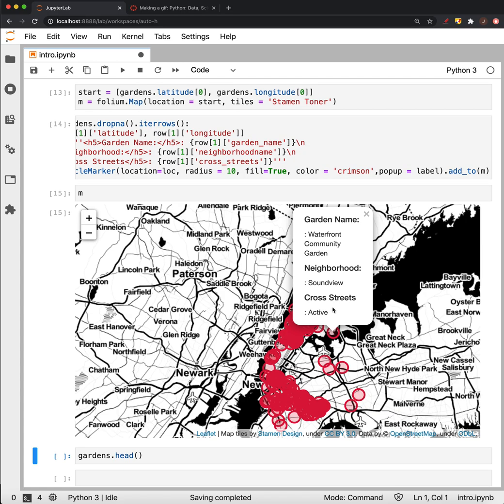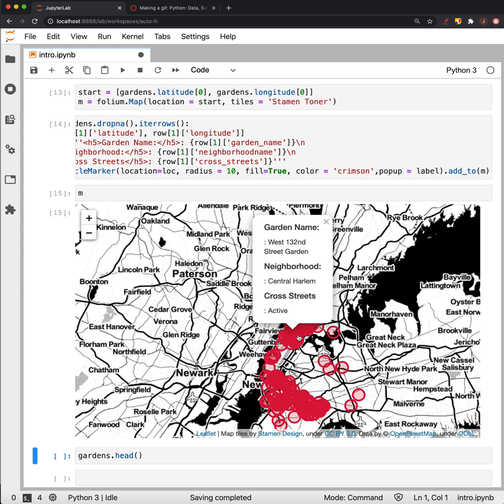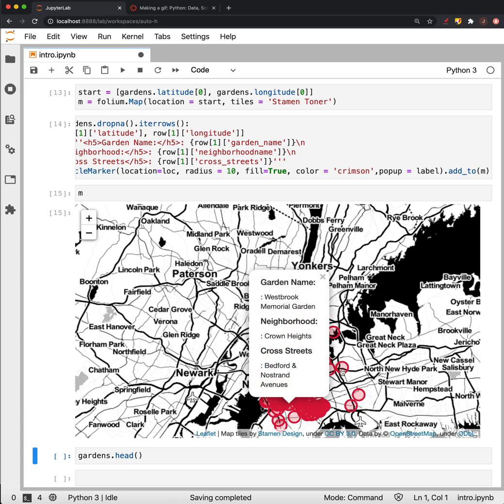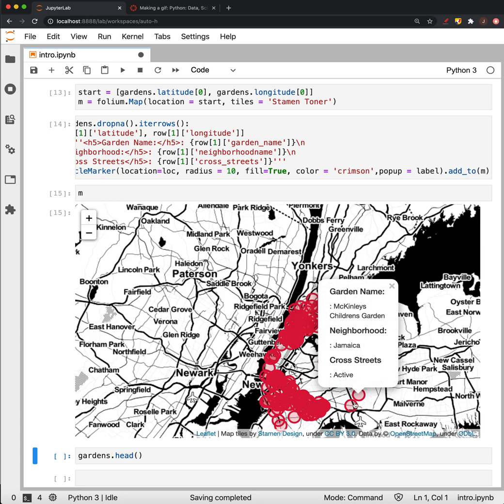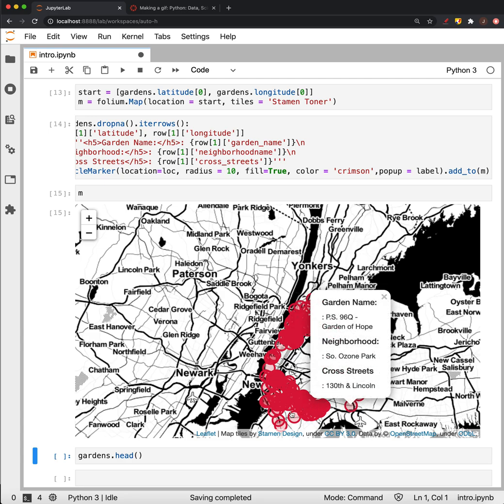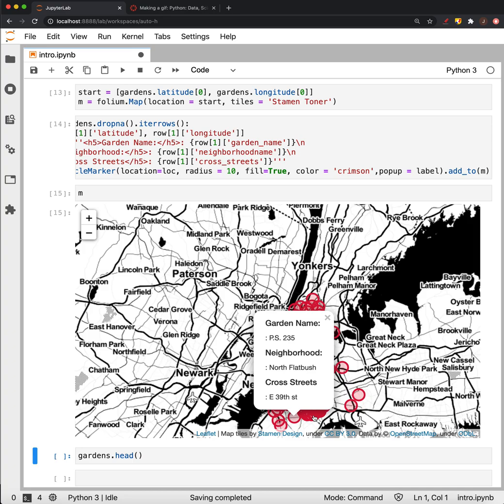There we go. Not bad. It doesn't seem to have cross streets for everything. I see a lot of these active, but